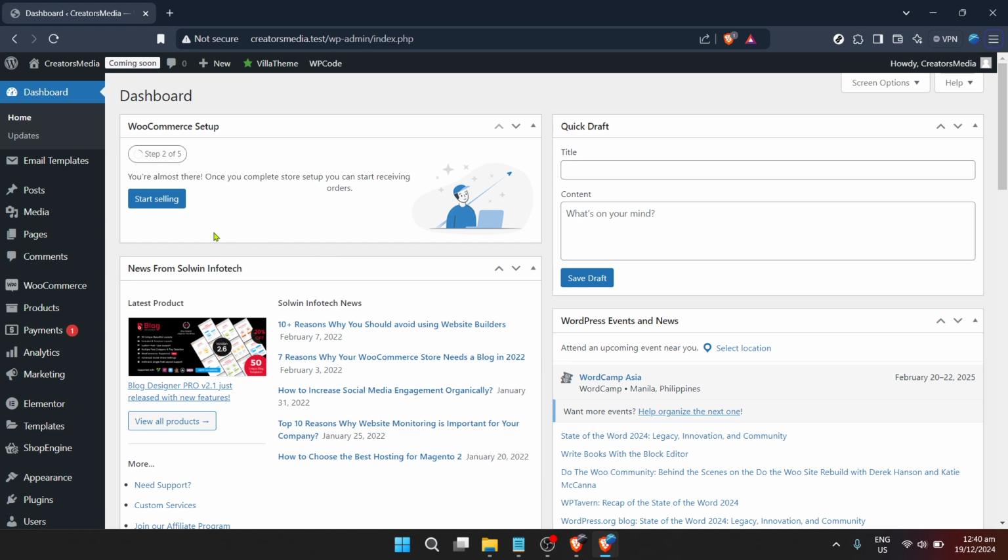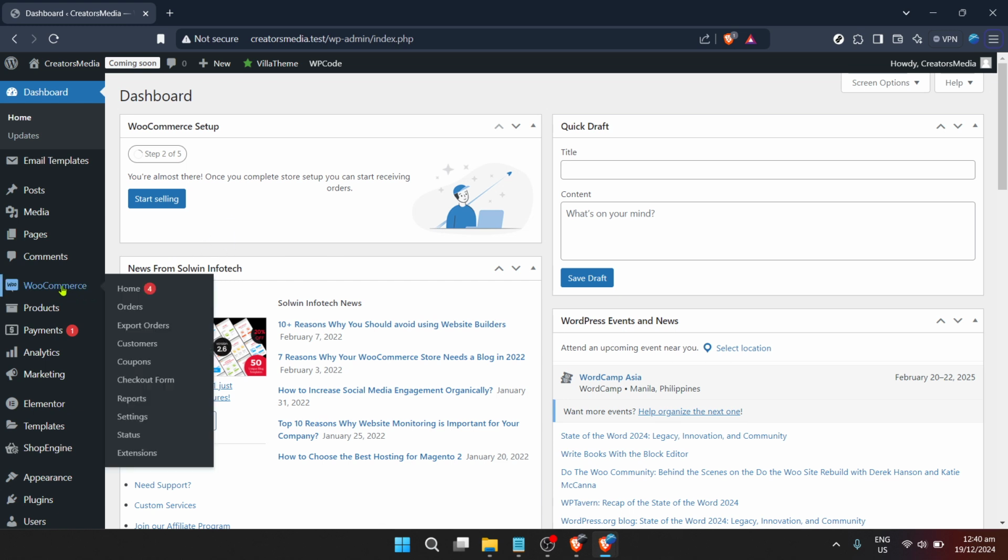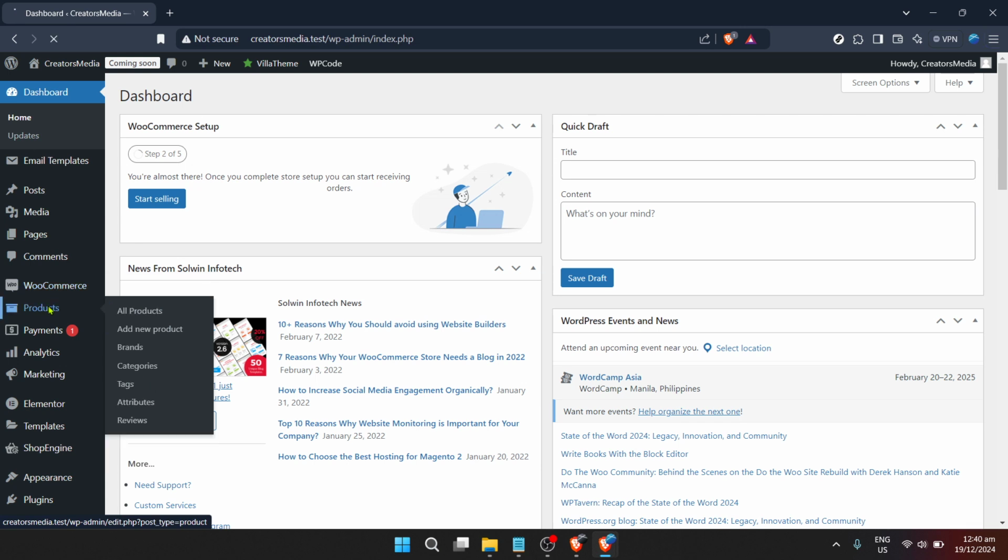Once you're in the dashboard, your attention should be directed towards the left-hand side menu. Here you'll see a myriad of options, but the one we're interested in is Products. Click on it. This action will take you to the products page where all your current product listings are displayed. If you're looking to manage individual products, this is where you do it, but for now we're focusing on the